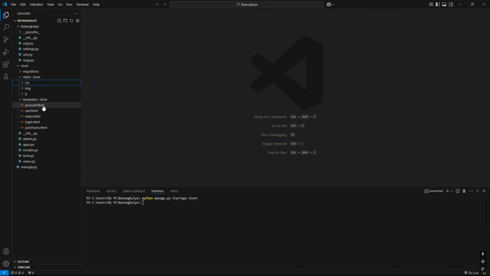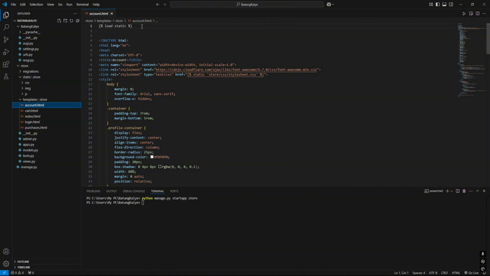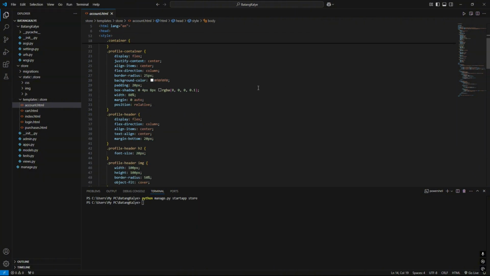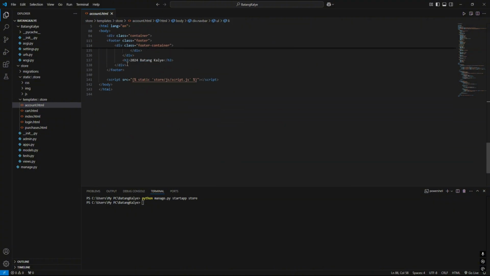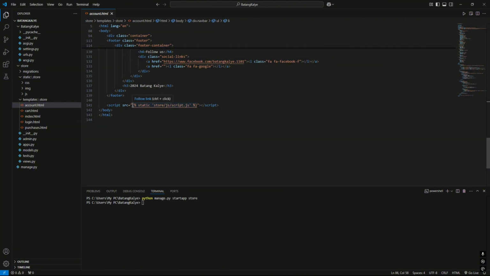Make sure that your HTML has load static, and our CSS file directory should have static here, as well as the images, and for our JS we should also add static.